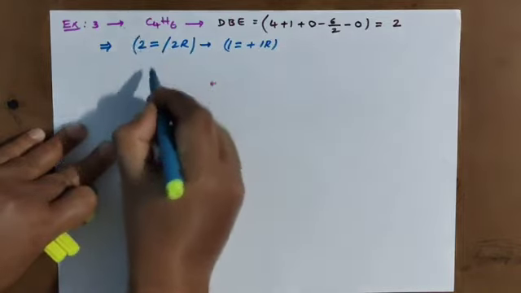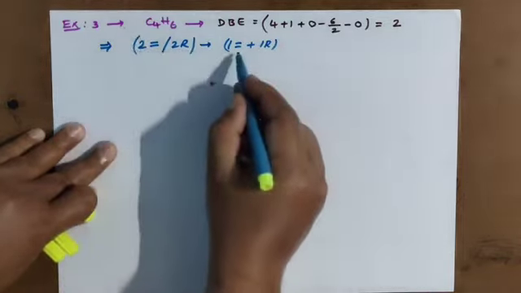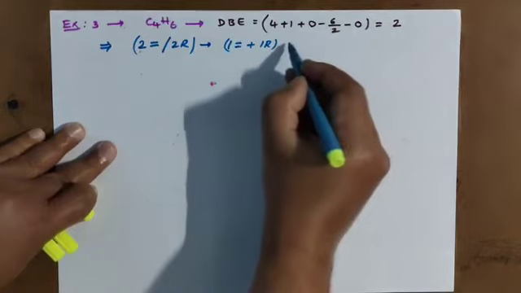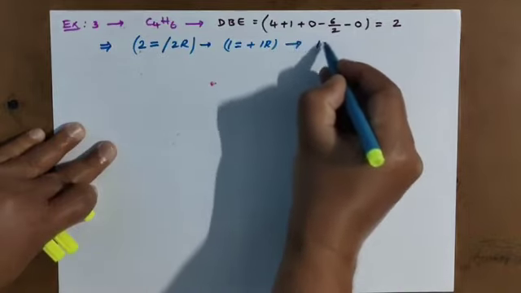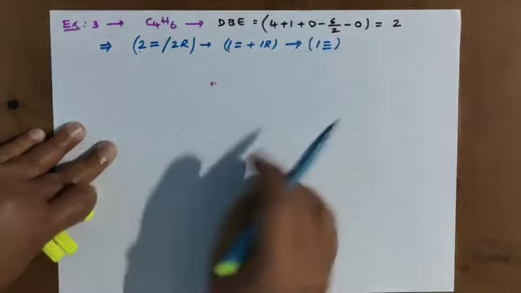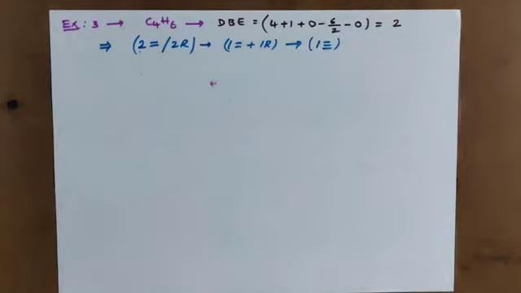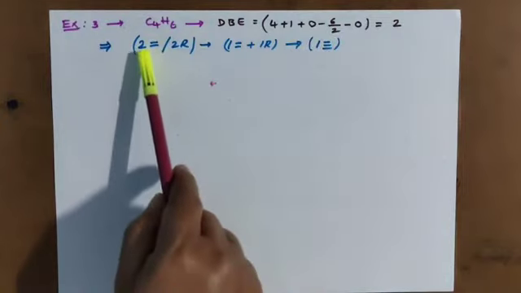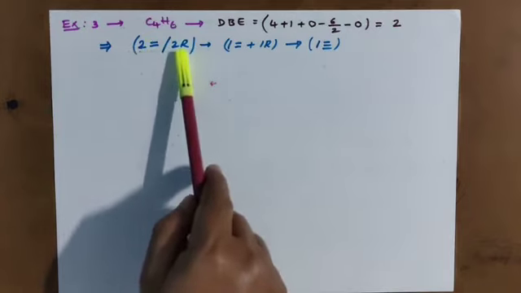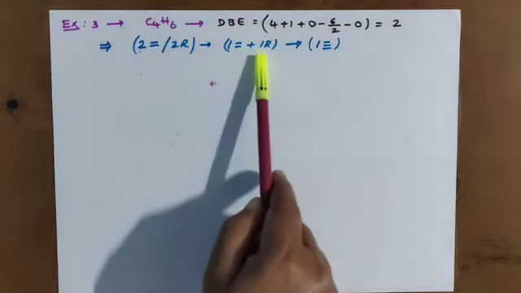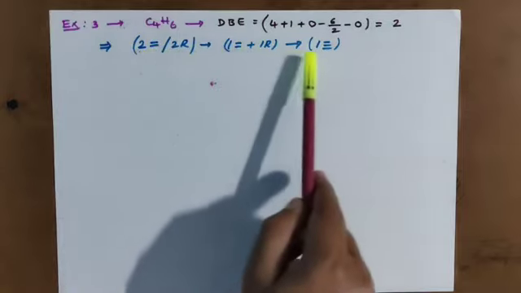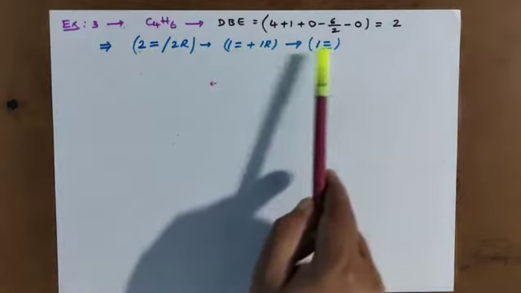The possibilities are: 2 double bonds, 2 rings, 1 double bond and 1 ring, or 1 triple bond. If the double bond equivalent value is 2, what are the possibilities in the chain? 2 double bonds are possible, or 2 rings, or 1 double bond and 1 ring, or 1 triple bond. Remember, 2 double bonds in DBE equal 1 triple bond.